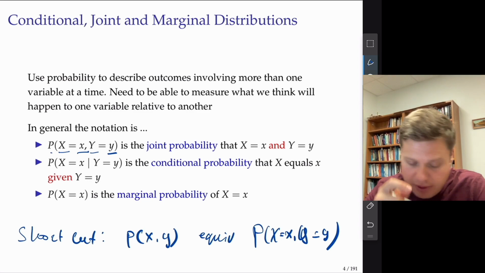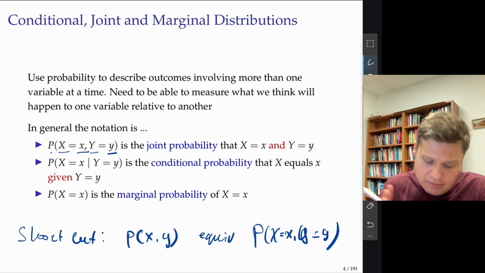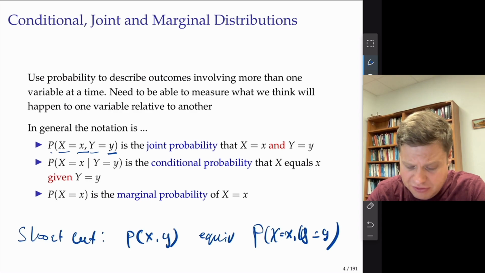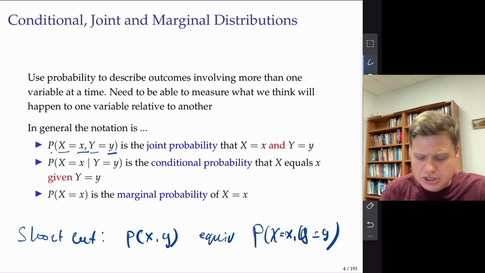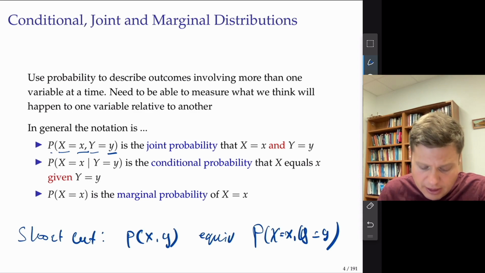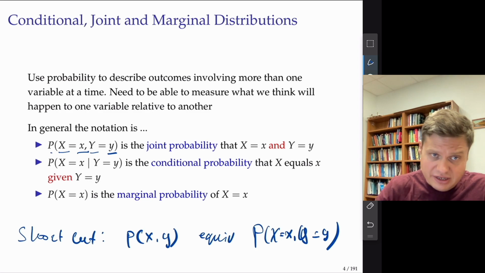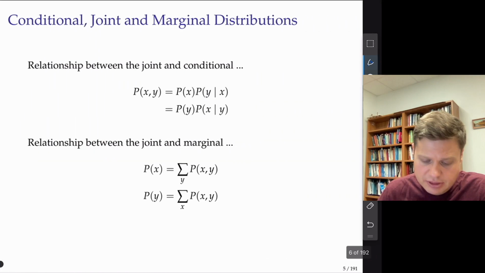And the conditional probability is probability that random variable x takes value x, given that we know that y takes value y. And hopefully by now, since this is a PhD course, you should be somewhat aware of those notions. But again, we'll talk about joints a lot and conditionals a lot. So even if you are rusty on those things, hopefully it will become natural for you by the end of this course. And marginal probability is the probability of a single variable calculated from the joint. And we'll talk about how to calculate marginal probabilities later.